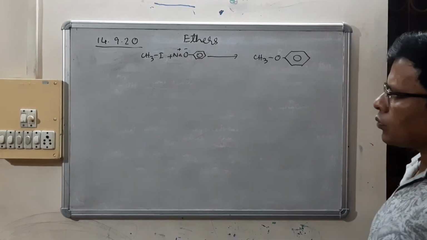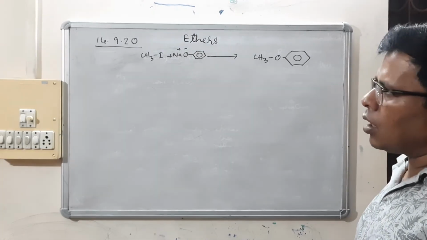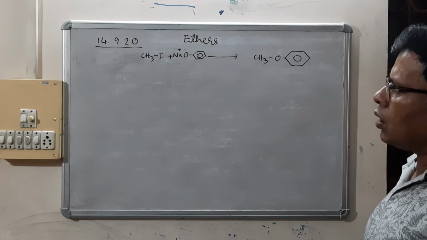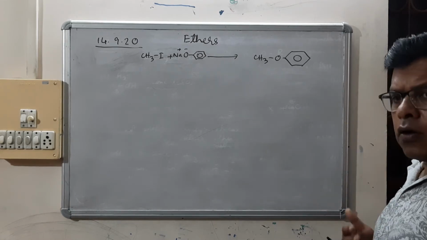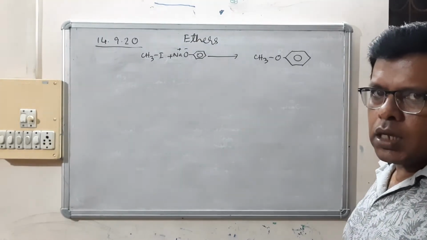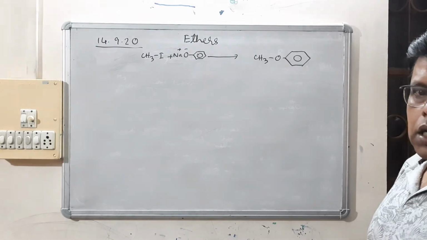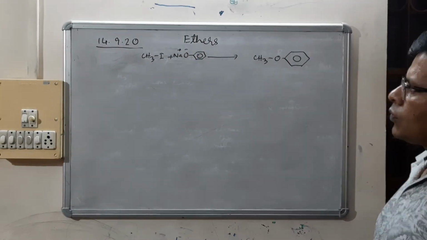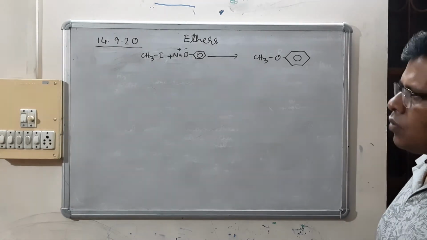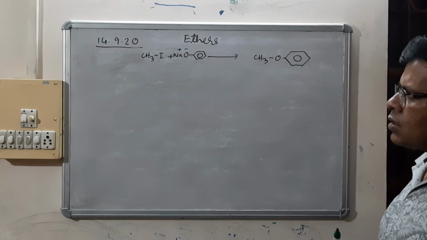Now coming to the properties of ether. Ethers are very less reactive substances. That is the reason why they often find use as solvent in organic reactions. And one chemical property which is very important, we are going to discuss here is